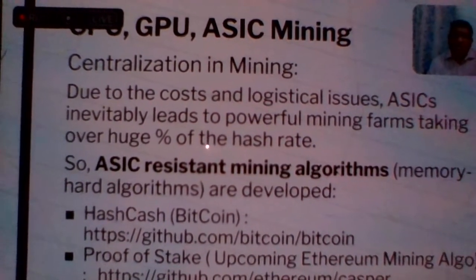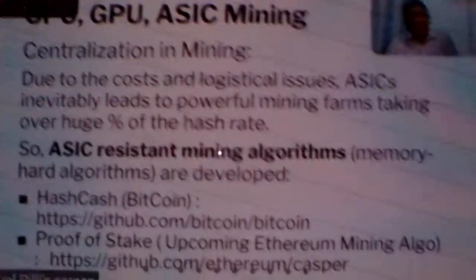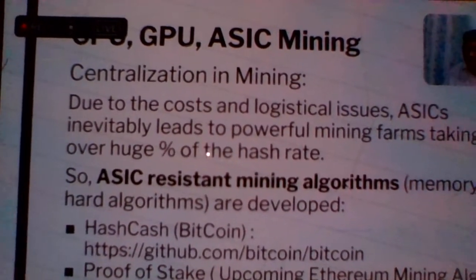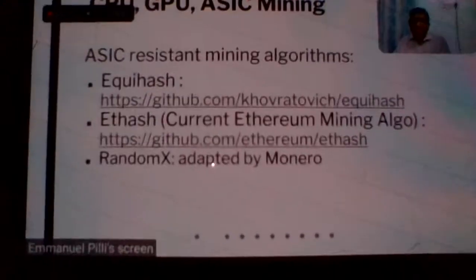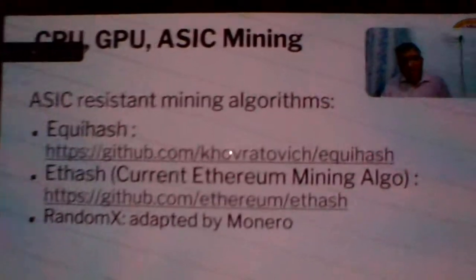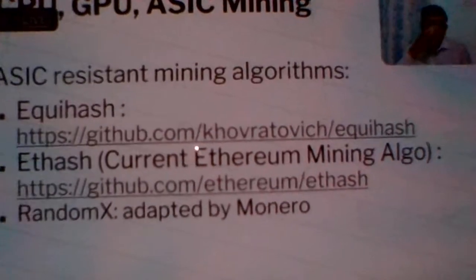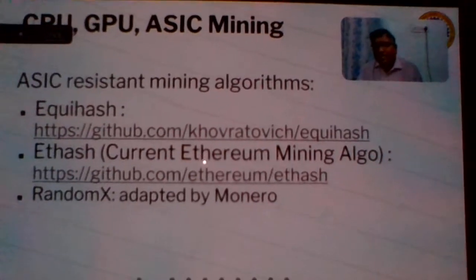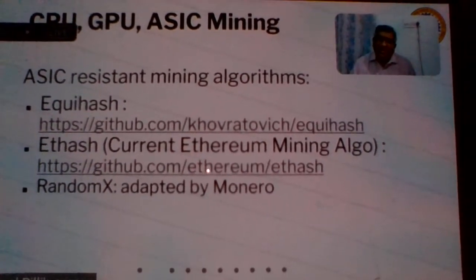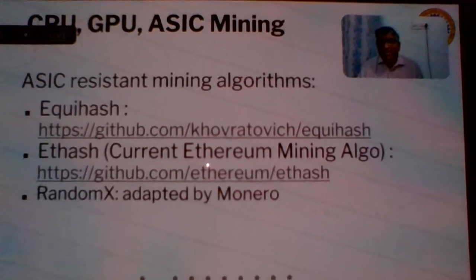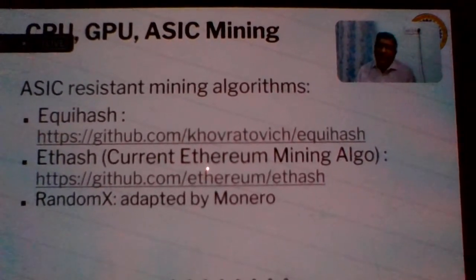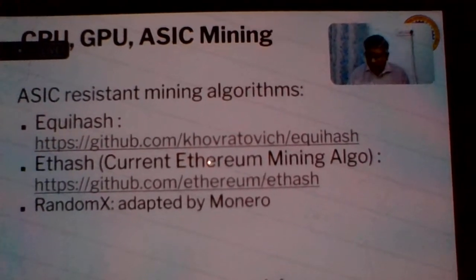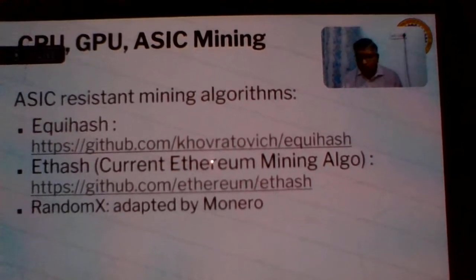So you have Bitcoin, and the forking you would have studied. One of the forks is Hashcash, and then proof of stake is coming up. Of course, now it's already there. With Ethereum, you can look at it in Casper. Equihash is another ASIC-resistant mining algorithm, and then we will also discuss Monero. Of course, I will not discuss the resistance part, but RandomX is there, which is adopted by Monero. Monero is another very privacy-oriented or confidentiality-oriented blockchain. We'll discuss some concepts. Yesterday, I think Dr. Shivita also mentioned non-interactive zero knowledge. Some of them are used by Monero as well.